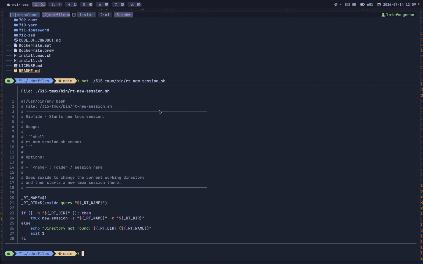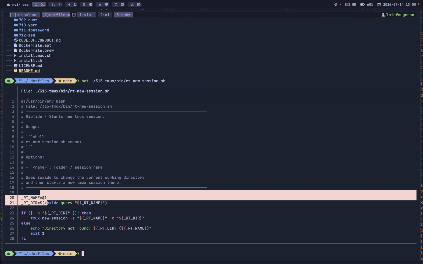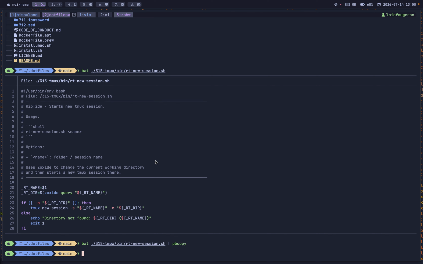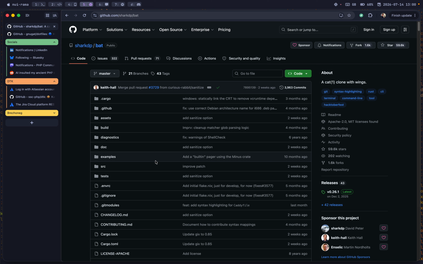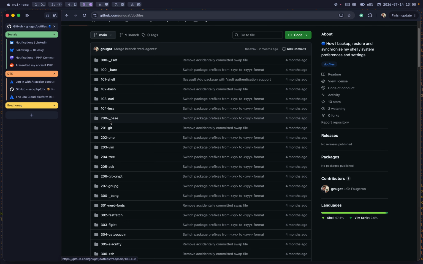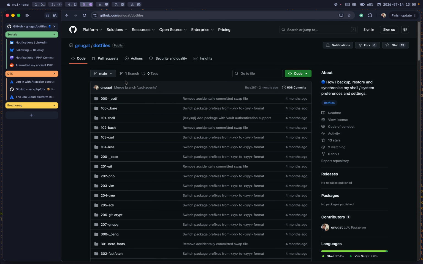Bat is nice because it has the color scheme, catpuccin, and it has the line numbers, and if I want to copy, it's not going to have the line numbers. So yeah, very nice. And yeah, there are many tools that I use like that, and it's all in my